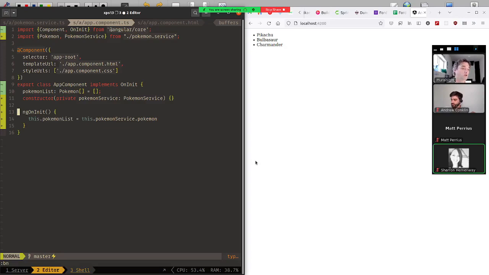So let's say we want to do an API integration. HTTP requests come from Angular's built-in HTTP service. So to use the HTTP service,